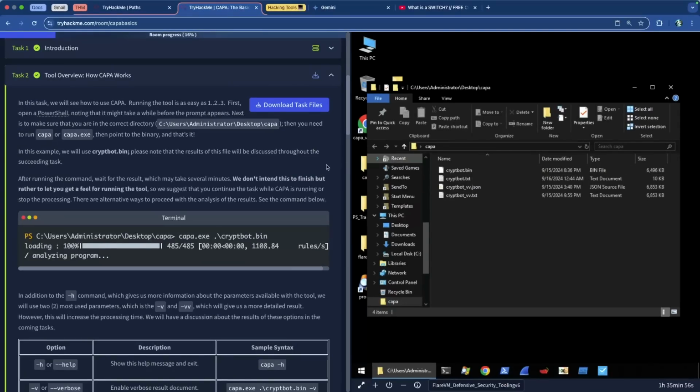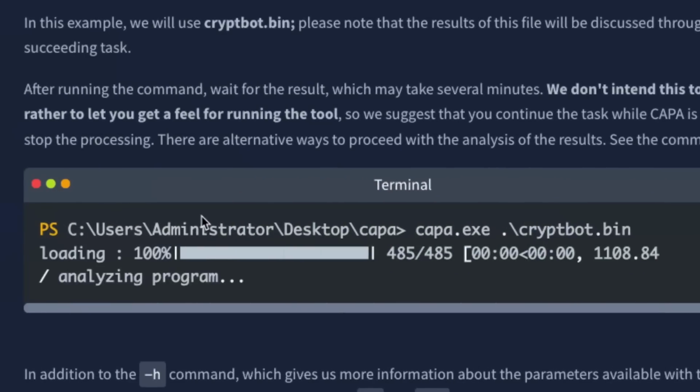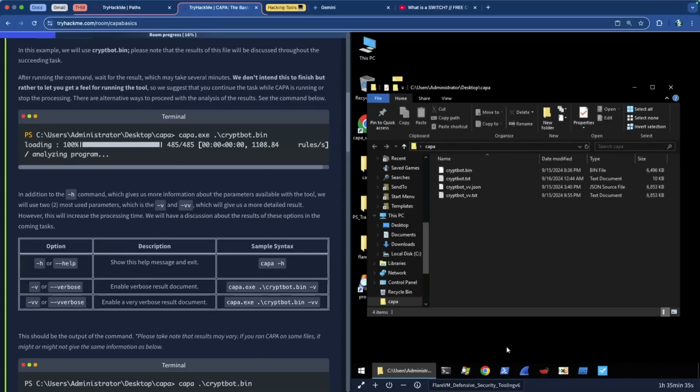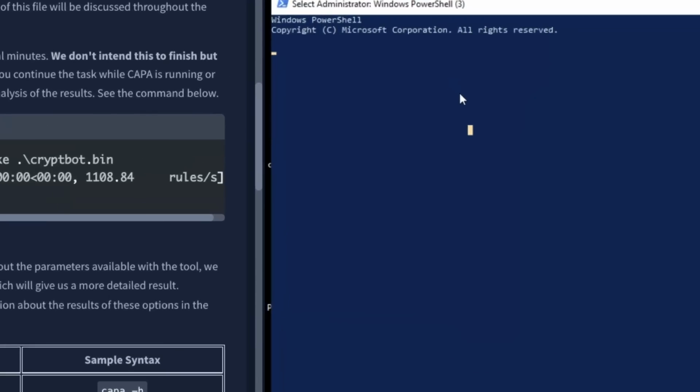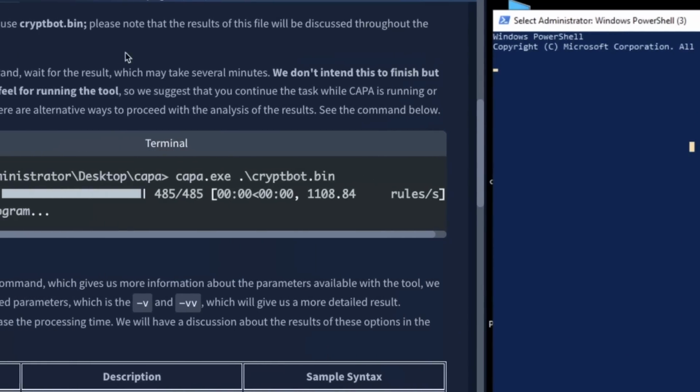So if you are not inside of the directory, instead of calling on the CAPA tool and giving it just the location of the binary that you want to analyze, you would have to give it the full path. So in this case, it would look like this, right? I'm just going to open it just so you can see. Essentially, if I don't go inside of the directory that holds this binary, what I would need to do is